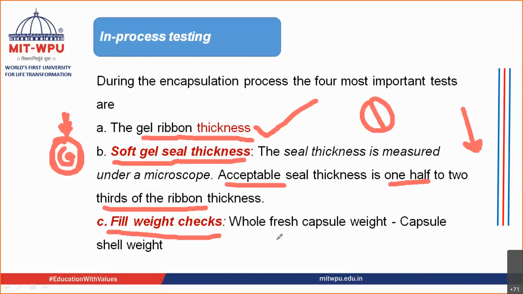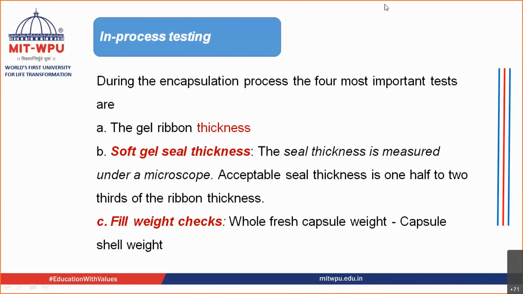weight uniformity, right? In weight uniformity, the only thing is it differs. If you take weight uniformity in case of tablet, you are taking 20 tablets and you are taking the average and you are calculating. In case of hard gelatin capsules, you are doing the same. In case of soft gelatin capsules, how you carry out is, you take the capsule,